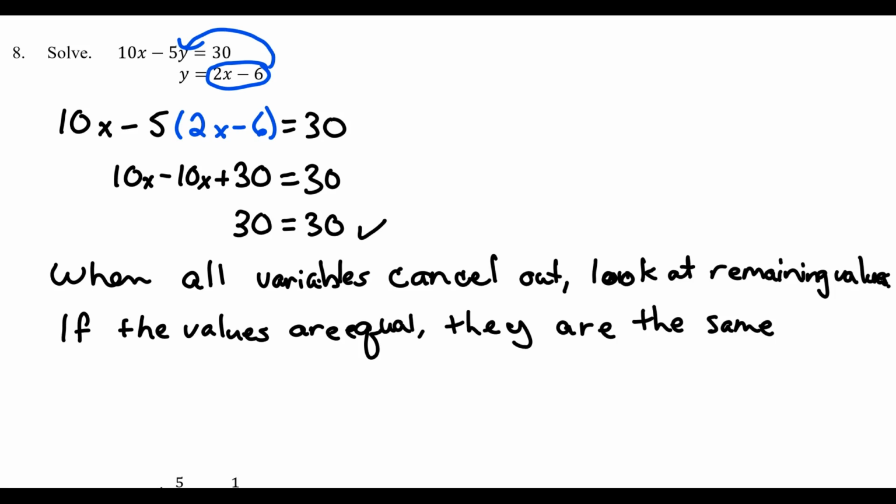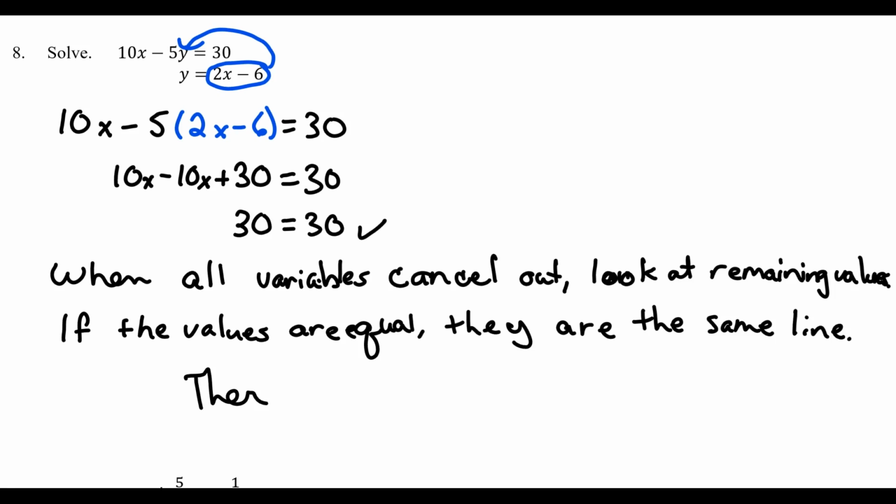Meaning I can put in any value that solves this one over here, and it will also solve the second one. So whenever all the variables cancel out and the remaining values are equal to each other, they're the same line,